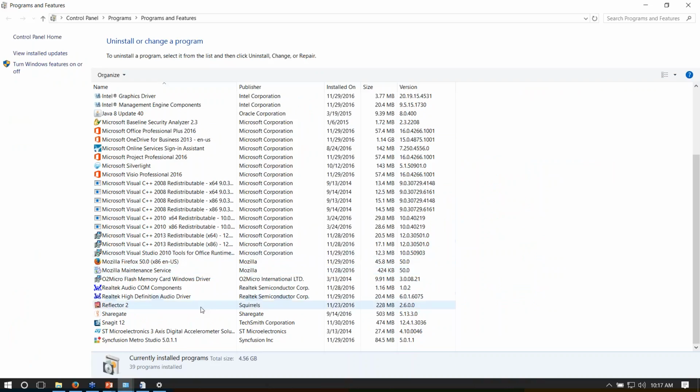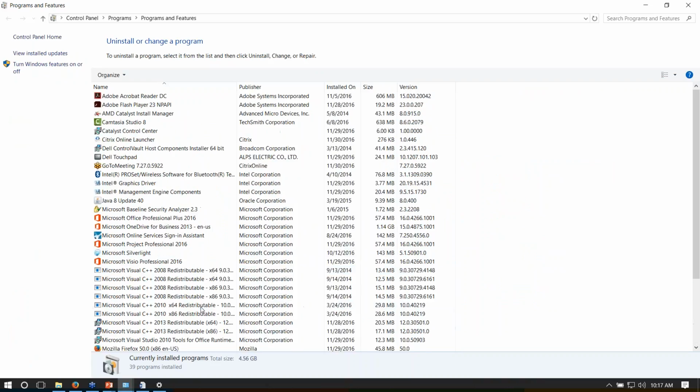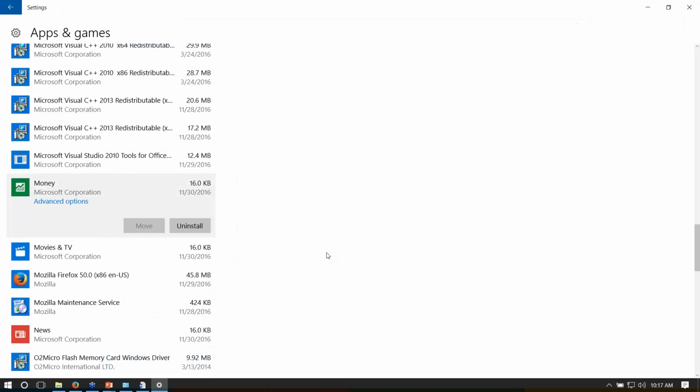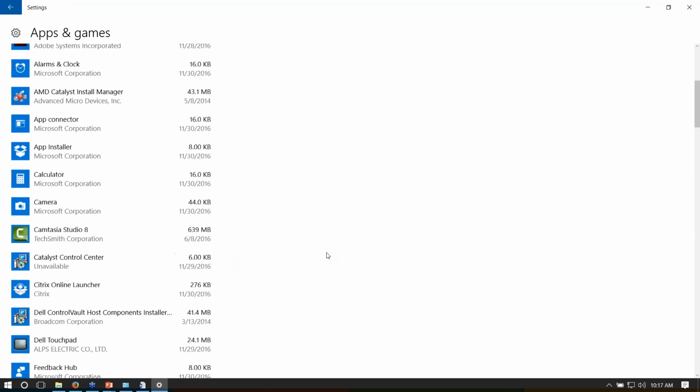view. What you're not going to see here is a lot of those built-in Windows 10 apps. So you can see that even from this location, you can't uninstall them. Again, multiple ways to get the same amount of information. You have the size here, but I think the Windows 10 gives you just a little bit easier view of